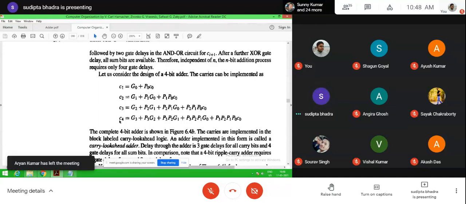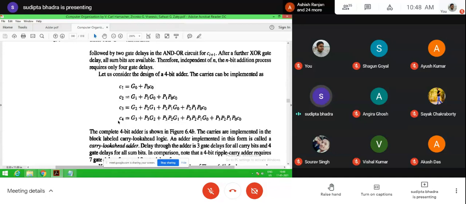Now you see that in C4, all the values from G0 to G3 and P0 to P3 are generated simultaneously, and then to generate the C4 you require only 3-gate delay.